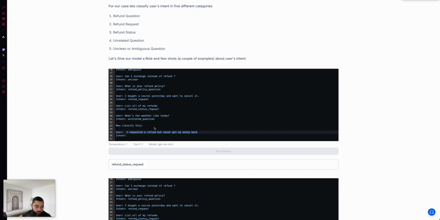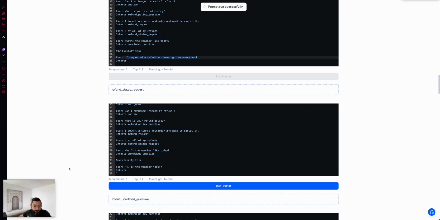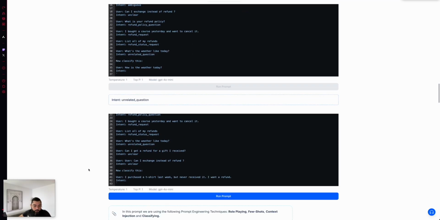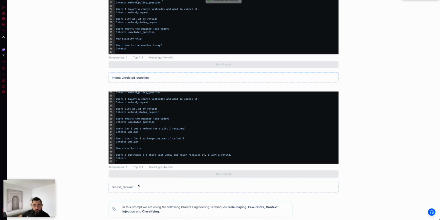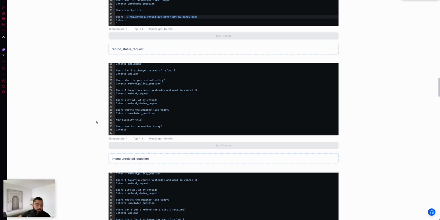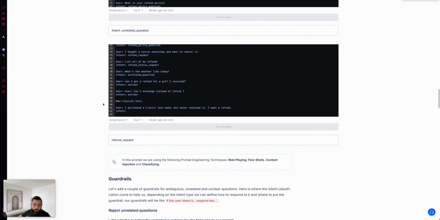So it says a status request. Why? "I requested a refund but never got my money back." This is correct. Or let's try this one. "How is the weather?" Unrelated question. The other one: "I purchased a t-shirt last week but never received it. I want a refund." So it should be refund request. Exactly. So we see that with a couple of few shots defining the model task, role, and different intents,